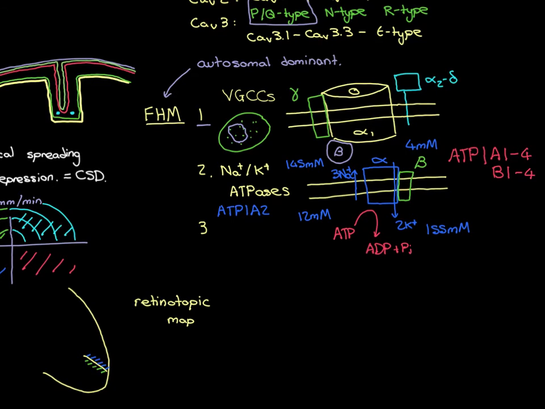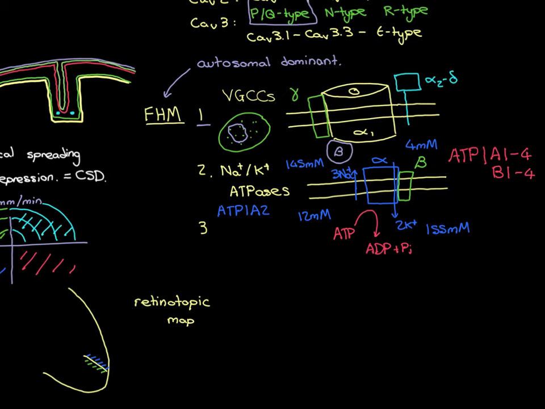Okay, right, so again, this is backing up the story that we've had so far, that your risk of developing cortical spreading depression is probably encoded in electrophysiological proteins, how well your proteins that handle the electrophysiology of your neurons are functioning. Okay, so finally, to complete the story, let's look at familial hemiplegic migraine type 3, and this now